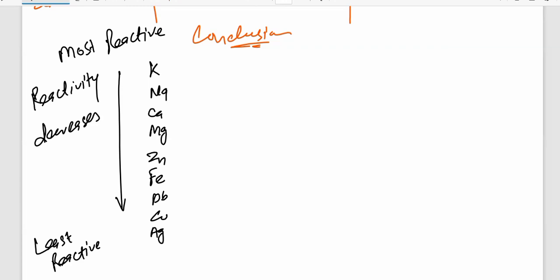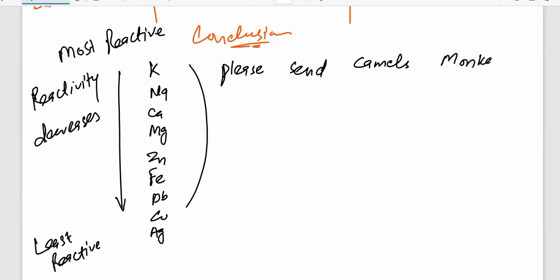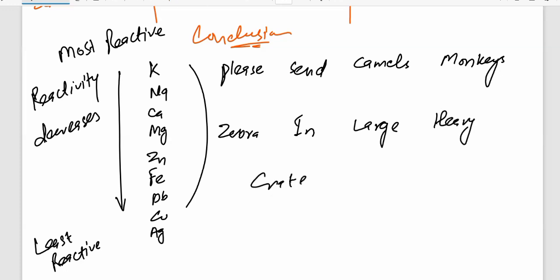Okay. So how can we memorize this reactivity? This is a reactivity series. तो पोटासियम को कहते हैं प्लीज, ठीक है, this is mnemonics. सोडियम को कहते हैं सैंडो, कैमल्स, ओके, मंकीज, zebra, in, large lead, heavy hydrogen, creates copper, soon silver. सो यू कैन सी प्लीज़ का मतलब है सॉरी पोटासियम, सेंट का मतलब है सोडियम, कैमस